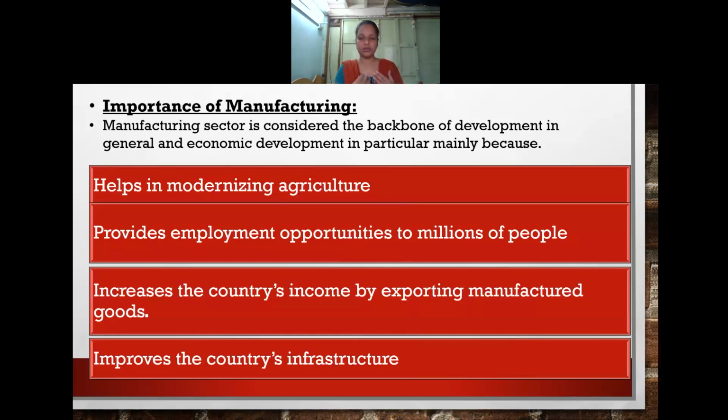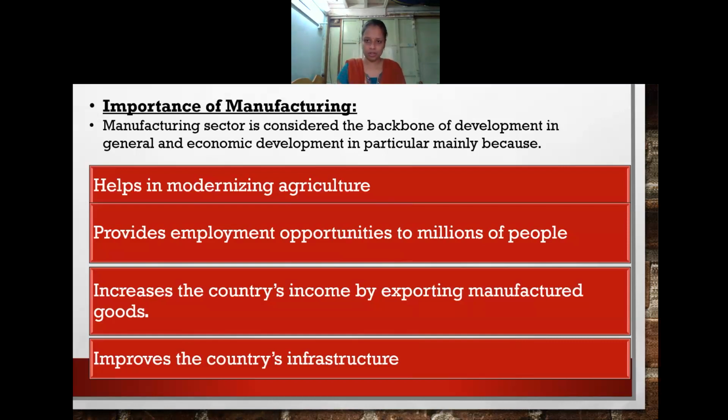So whatever products we are preparing as well as producing, they will be circulated in different parts of the country. As a result, the country's income will be increased by exporting these kinds of goods and services from our country. That is why, to increase the national income, the manufacturing industries help a lot, and